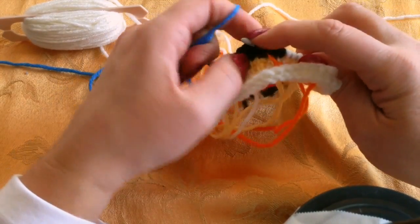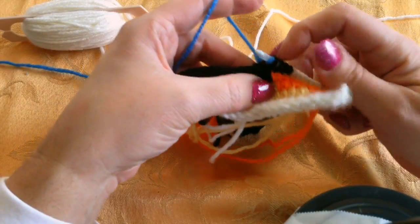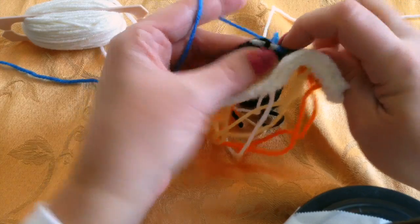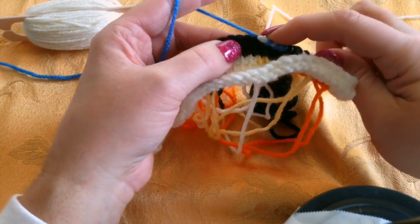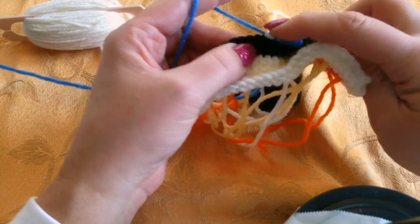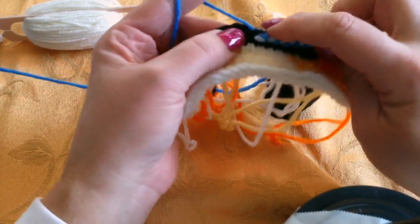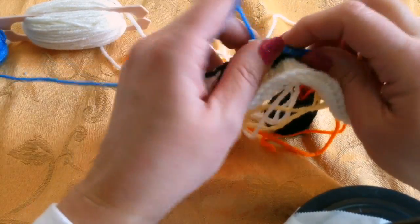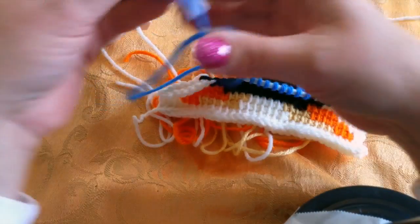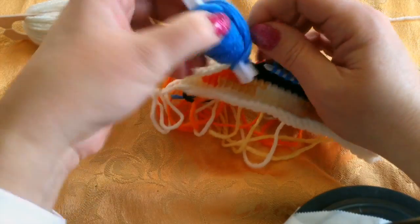I pick up the next stitch, connect it, and now that's 1, 2, 3, 4, 5, 6, 7, 8. Okay, now it needs 6 of the black, so let me wind up the blue to keep it